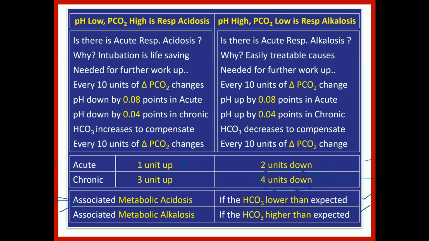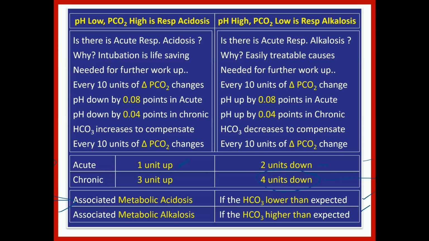If the bicarbonate has shifted, in metabolic acidosis, it will be lower than expected. Metabolic alkalosis is expected if the bicarbonate is higher, because bicarbonate is alkali, so higher means an associated metabolic alkalosis. If the bicarbonate is lower than expected, that means there is something else pulling down the bicarbonate other than the compensation for the respiratory disease. That means there is associated metabolic acidosis.